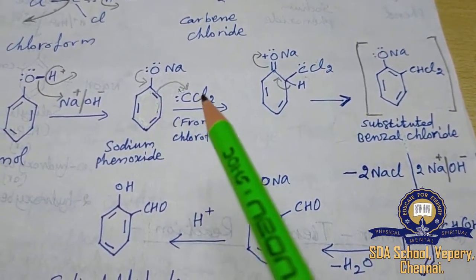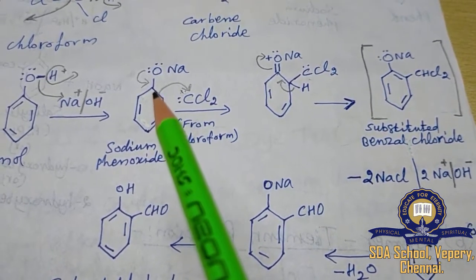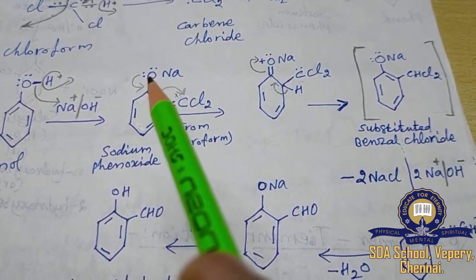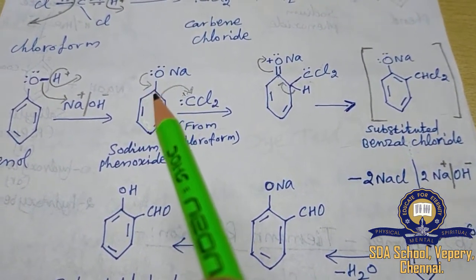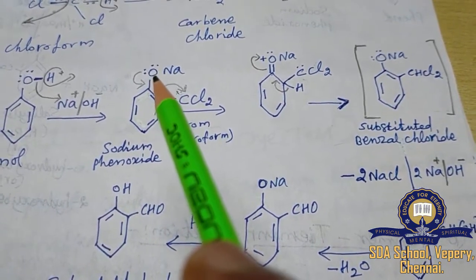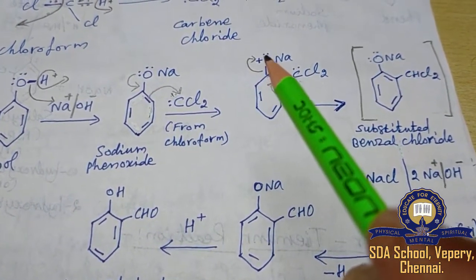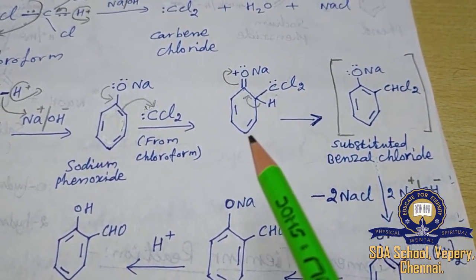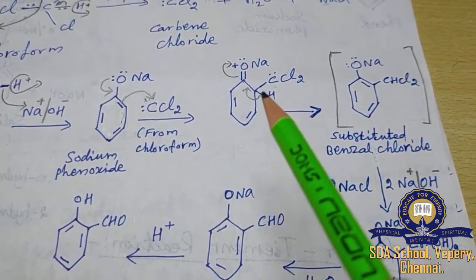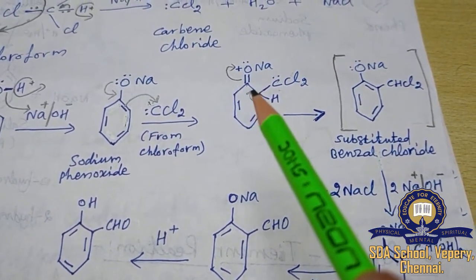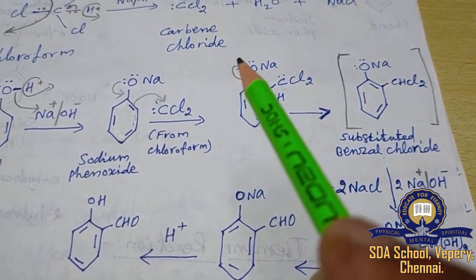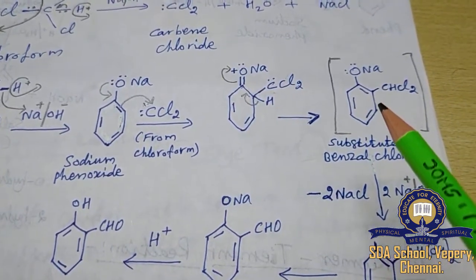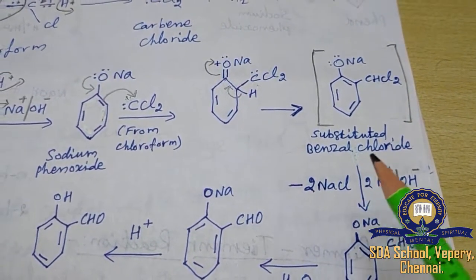When this bond comes out, automatically this carbon's valence becomes 3. Usually carbon valence should be 4, no? So one of the lone pairs on the oxygen atom switches over to here between this carbon and oxygen atom. So oxygen automatically will have a positive charge. In such a way the addition product is formed. Now this hydrogen is going to be eliminated as H plus. This bond goes back inside the benzene ring. Automatically again one of the double bonds switches over onto the oxygen atom to remove the plus charge, which will give you the intermediate called substituted benzyl chloride.